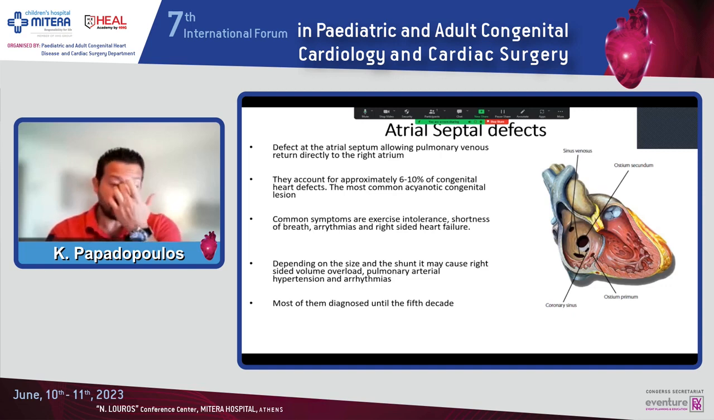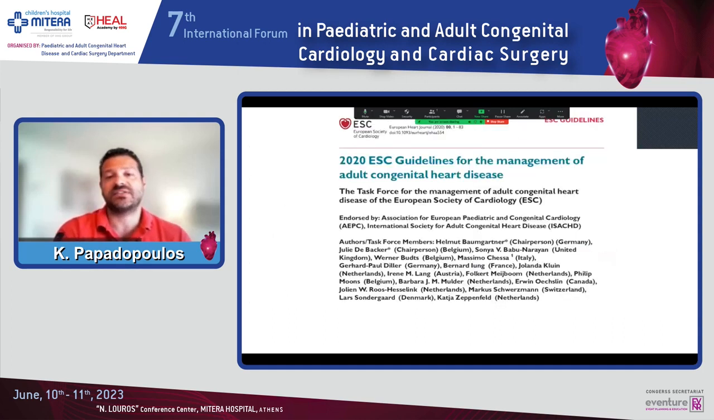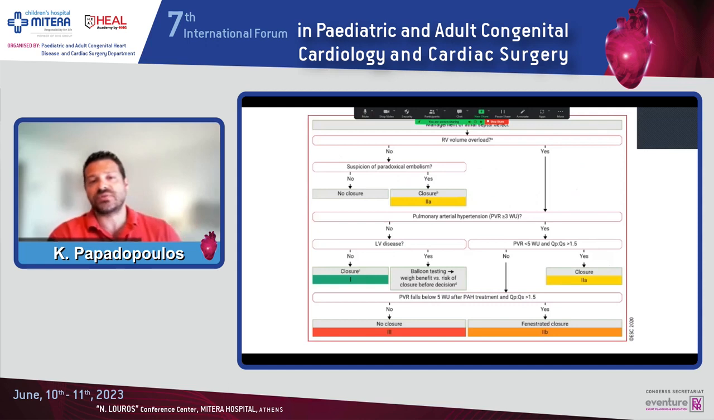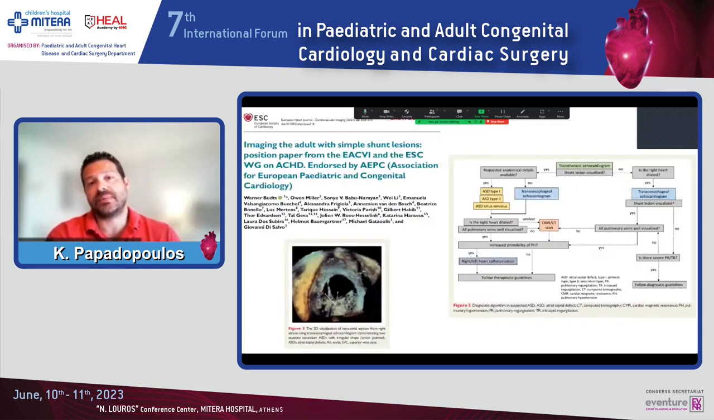And it should be diagnosed very early because we don't want our patient to develop pulmonary hypertension and right heart failure. There are several guidelines with the algorithms. We should measure the pulmonary vascular resistance, the routes, and we don't want to close an ASD in a patient with Eisenmenger physiology. About imaging in simple ASDs,